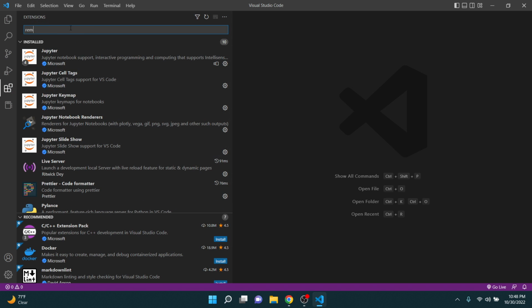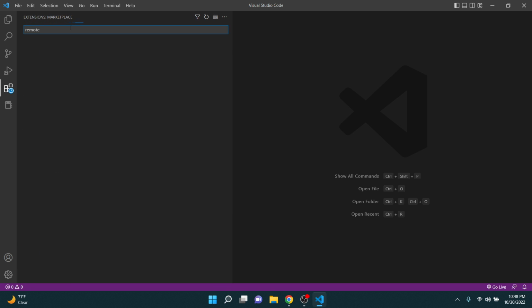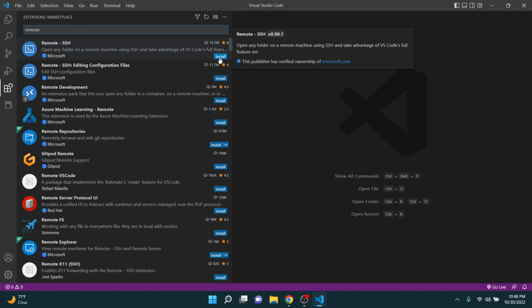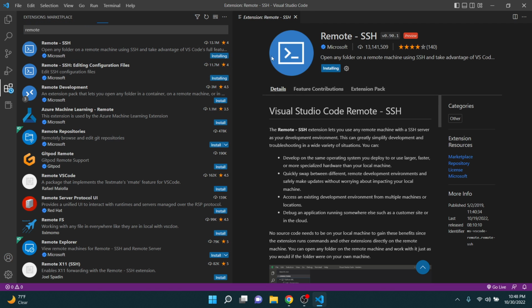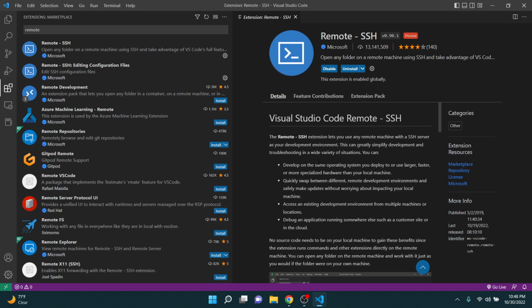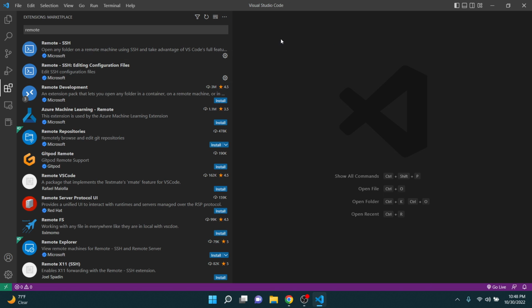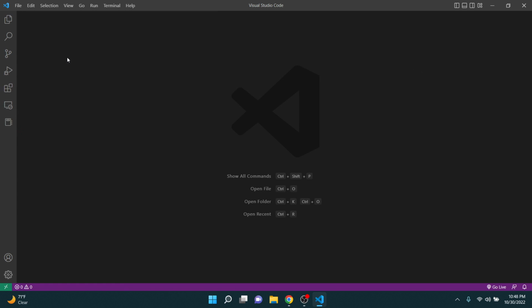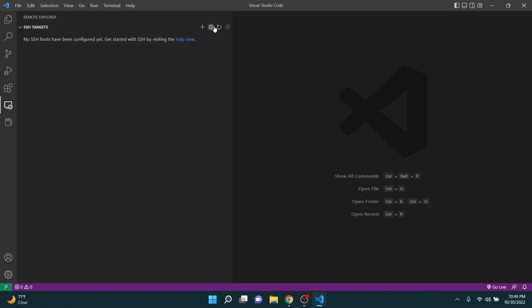So what I want to do is install this remote SSH extension. And I think it's ready. So after installing that, there's a couple things you have. You have this green button down here and this remote explorer. So you could,